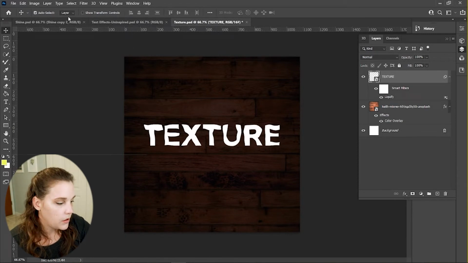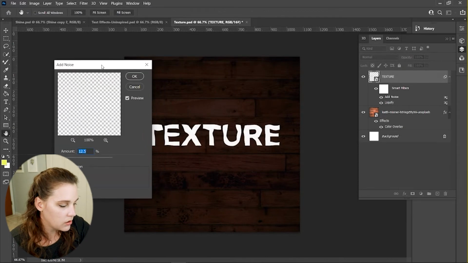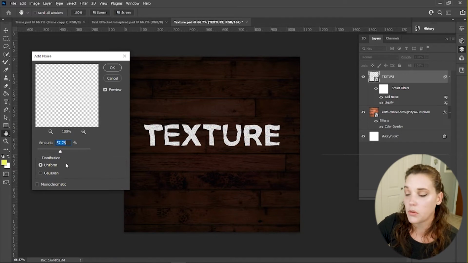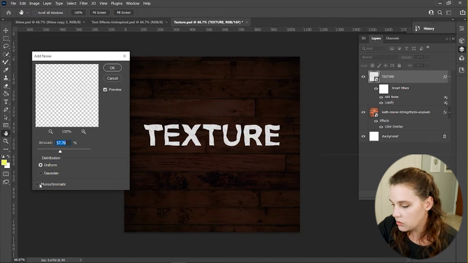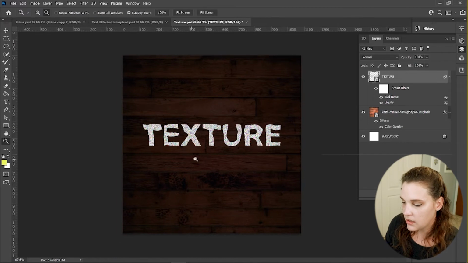Go up to filter and go to noise. A small little pop-up window appears. The noise that I'm going to add is going to be quite significant. I'm going to put up to about 57%-ish. I'm going to do Gaussian under the distribution. Click OK. I'm going to zoom in for all of you so you can see the type of texture that